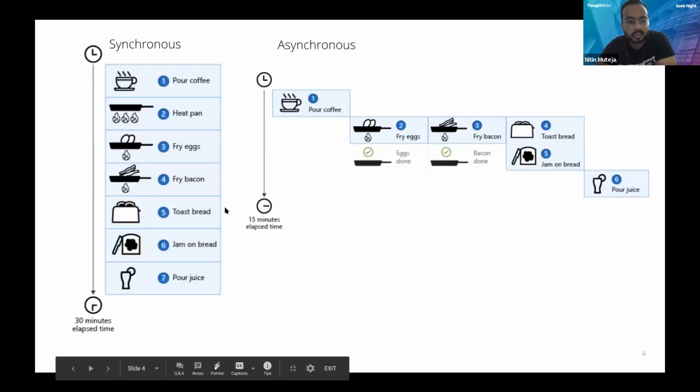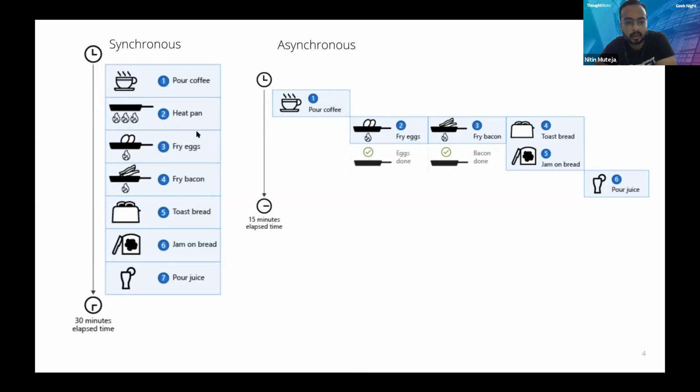So let's talk about an example where you want to perform some operations, like you want to pour coffee, heat a pan, fry eggs and all. If you would be doing such an activity in synchronous programming, you would be executing one method and then proceeding to the other. Whereas in asynchronous programming, you start executing an operation from the main method. Once it starts blocking, the control returns back to the caller, and the caller can then start performing the other operation. So this is the way the operations are executed.